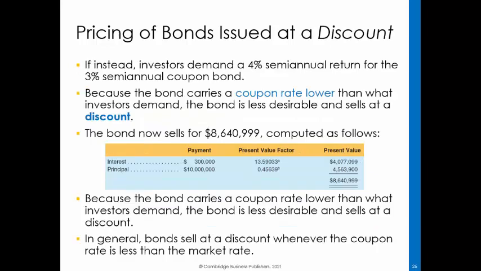To illustrate the pricing of bonds at a discount, we will use the same example but change the market or effective rate to 4%. When the coupon rate is lower than the market rate, the bonds will be issued at a discount because the investors demand a higher rate than the bonds offer. Using the same procedure as before, we would determine the present value factors for a 4% semi-annual rate and 20 periods and multiply the factors by the semi-annual interest payment of $300,000 and the principal of $10 million as shown on the slide. The present value is